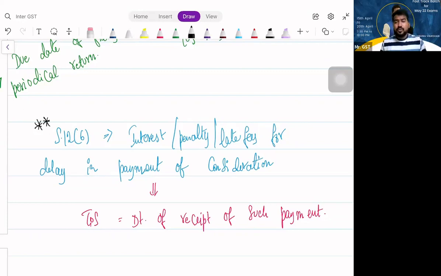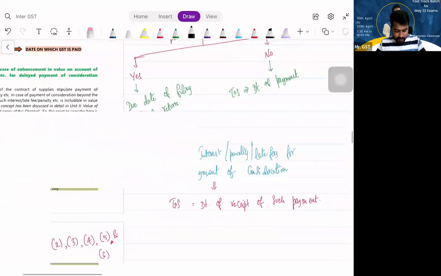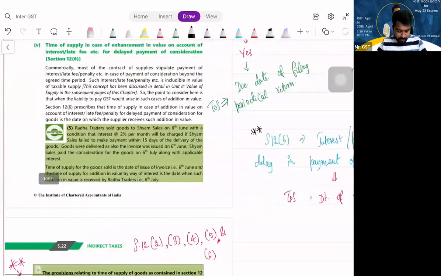Right. So if there is any late fee or penalty or interest, why? Because if there is any delay in payment of consideration, and for that you are making any payment, you call it interest, late fee, penalty, whatever it is, what is the time of supply for that? Date of payment. Am I clear? Fine. So with this we are done with